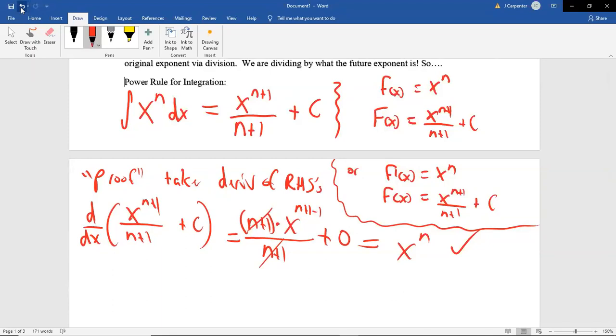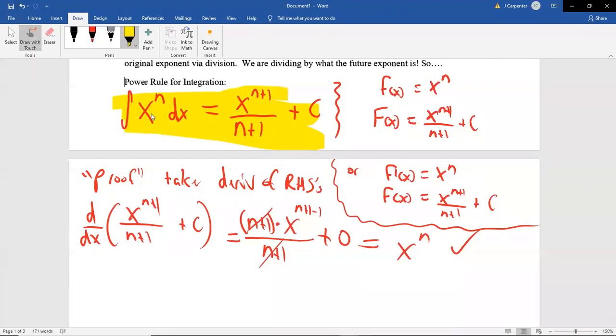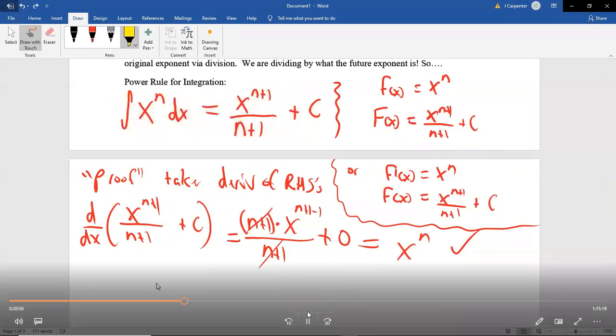So now that we have our power rule, let's try it out. Again, this right here is the main version of it. I'm not going to leave the highlighting there, I'm just highlighting it for a second. Add 1 to the exponent, divide by the same new value, not the original value, the new value. Example 1.